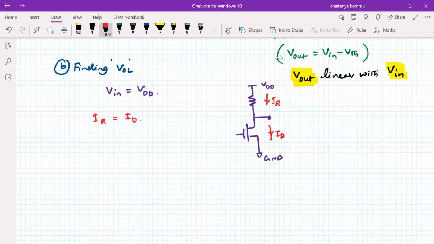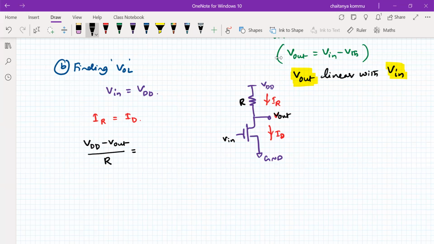What is the current flowing through this one? Here it is nothing but V out. This is V out. What is the current flowing through the resistor? It is the drop across the resistor divided by the resistor value. For example, resistor R. Now this value is equal to VDD minus V out divided by R, which is equal to, what